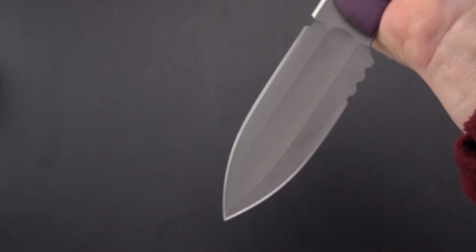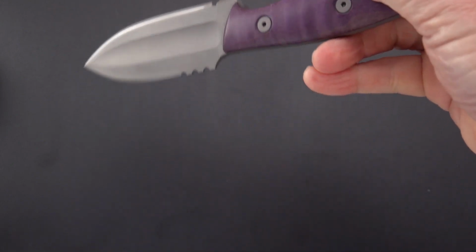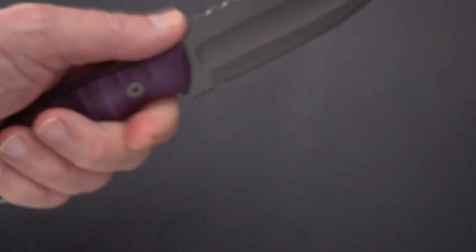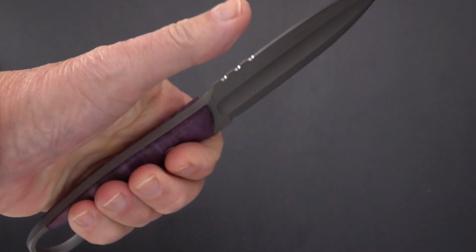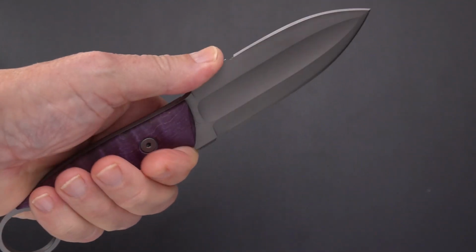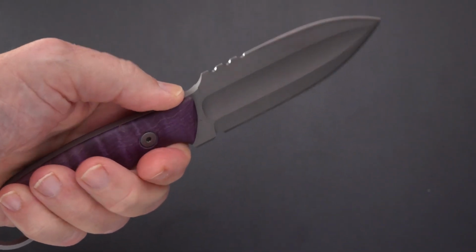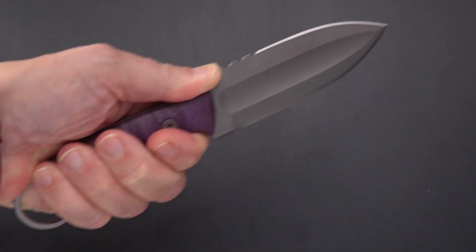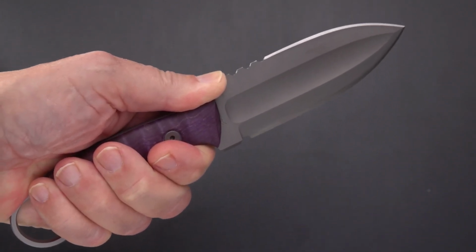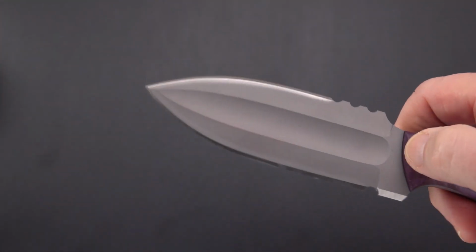But this can be a very useful knife in a karambit style hold, or you've actually got enough handle where you can omit the ring and just grip the knife and put your thumb on top, not too far forward, but you can get it in there, or you can put it on that ramp right there and have kind of a saber grip on it, diagonal across the hand. Getting back to the fuller,